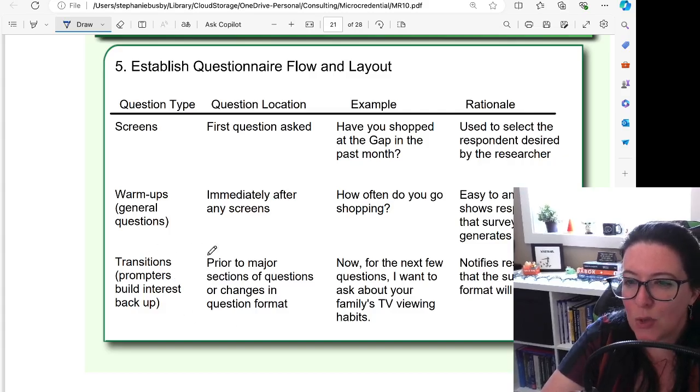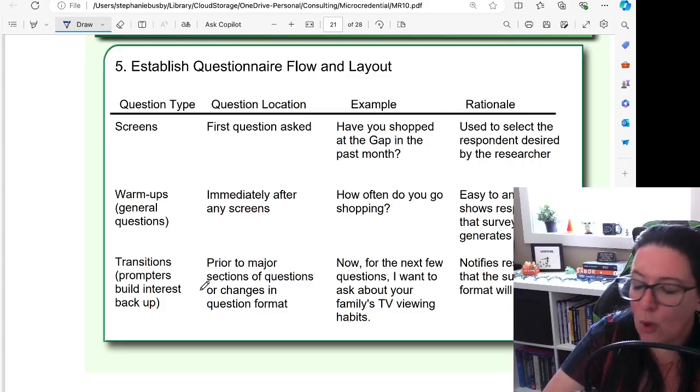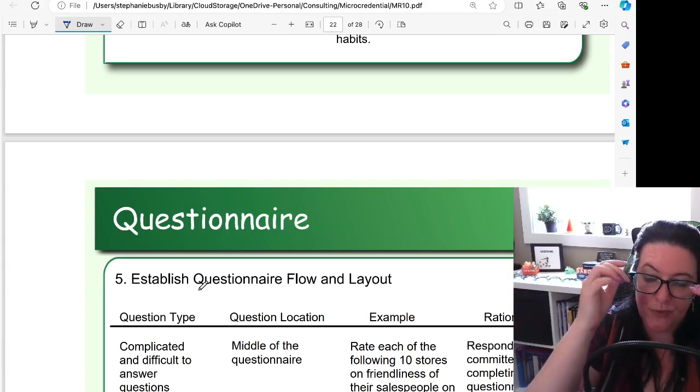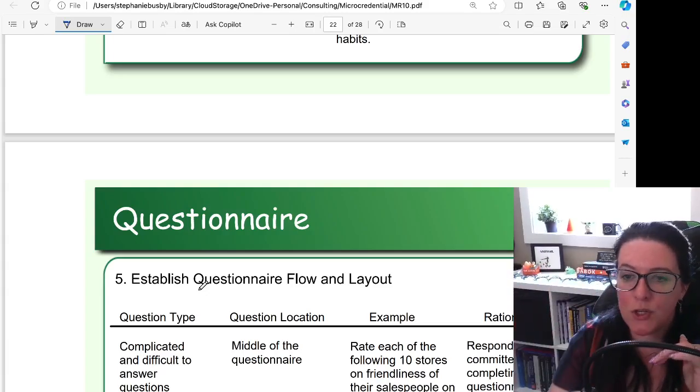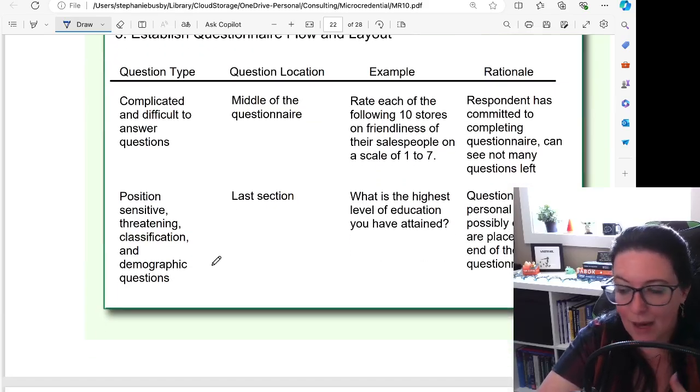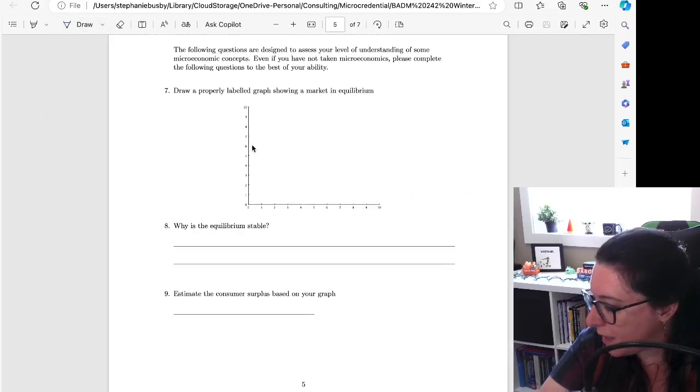But we do have these groupings, right? We have an attitude kind of grouping. We have a knowledge of facts grouping. And then within those groups, we do want to make it so that there's easier questions first, open-ended questions come later, sensitive questions come in the back. And then what you'll see here